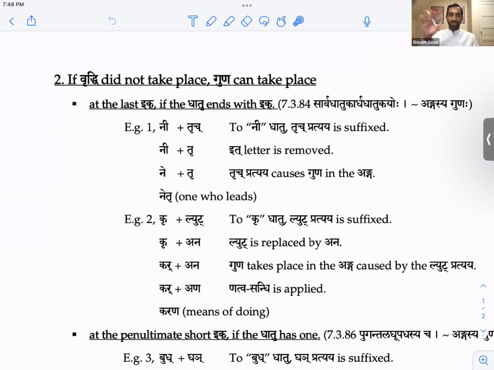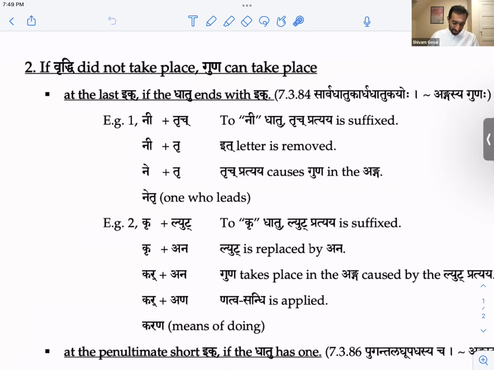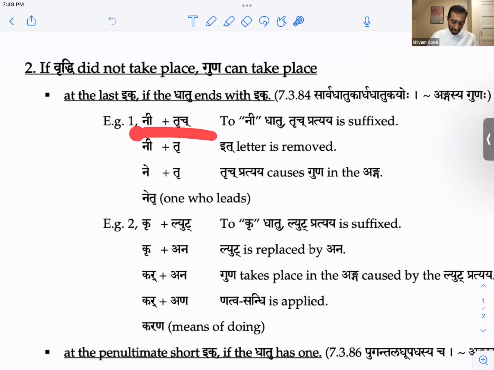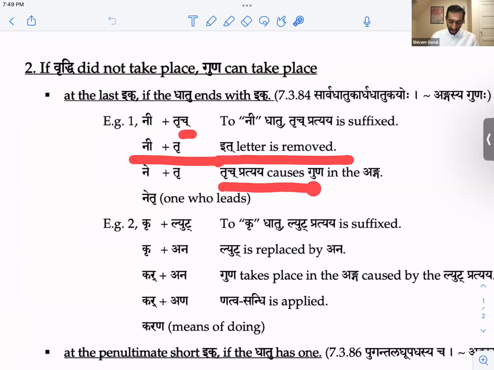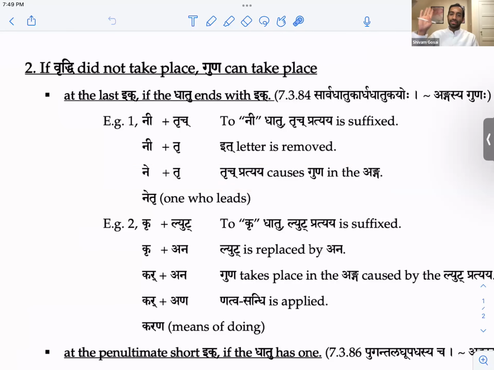Okay, so that first section was only relevant with nit or nit. Here I have ni plus trich. So that whole first section is not going to apply. Chakara is the it letter. So we have ni plus trich causes guna in the anga because vriddhi is not possible. It's not nit or nit. Right? So e becomes a guna. You get netru.